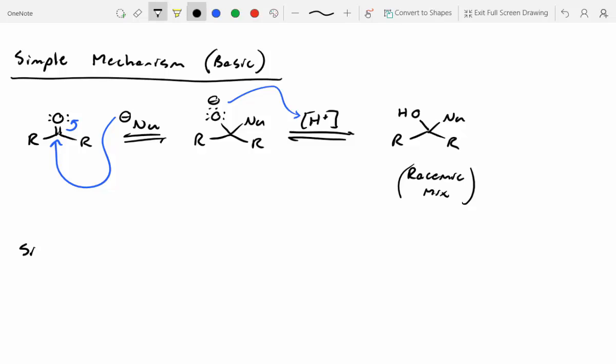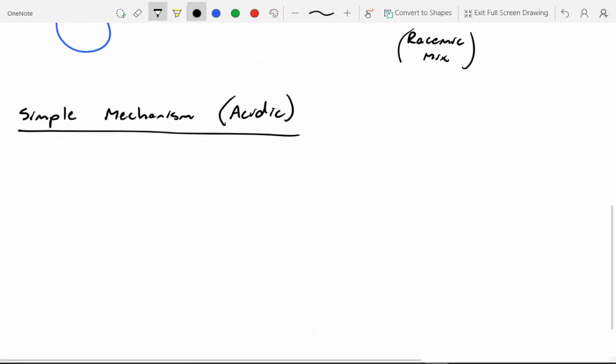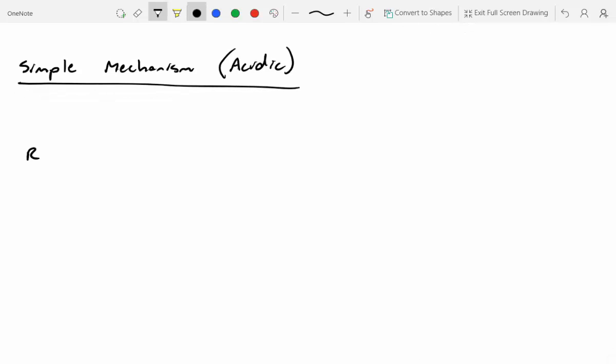All right, let's do the simple mechanism under low pH conditions now. All right, let's do a ketone again. Fastest reaction in chemistry? Acid-base. So before the nucleophile even gets a chance to attack, if it's in acidic conditions, we know acid-base chemistry will be super quick. We'll protonate the oxygen on our ketone. I know this looks funny,